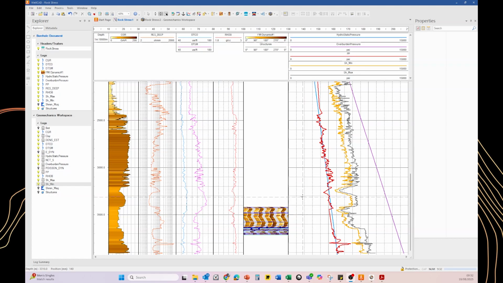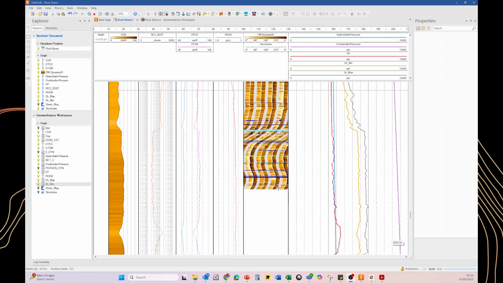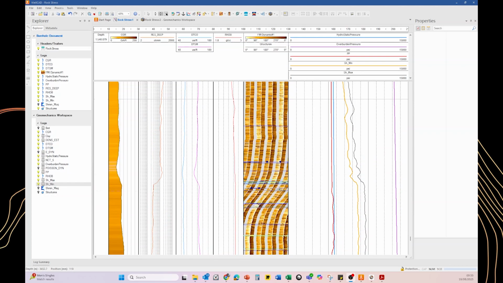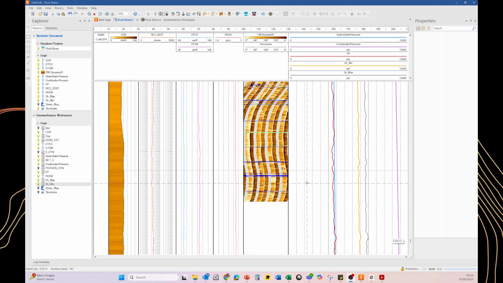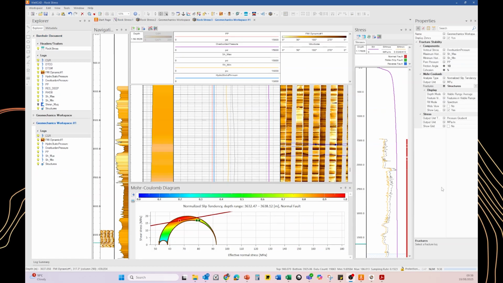Another thing that the user can do as well is to get an understanding of the fracture stability and criticality corresponding to the specific picks that have been previously defined in an image log. In this specific example, we have data from an FMI where different picks have been interpreted. WellCAD can also deliver fracture stability on the picks that are seen here.